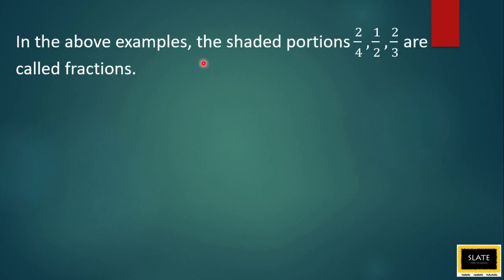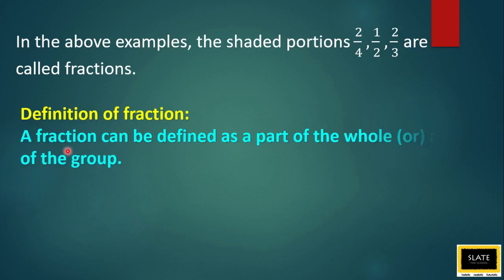Now, in the above examples, the shaded portions 2 by 4, 1 by 2, 2 by 3 are called fractions. Okay, 2 out of 4 parts, 1 out of 2 parts, 2 out of 3 parts. So, these are called fractions. Now, what is meant by a fraction? A fraction can be defined as a part of the whole. If there is a whole, some part of the whole is known as a fraction, or a part